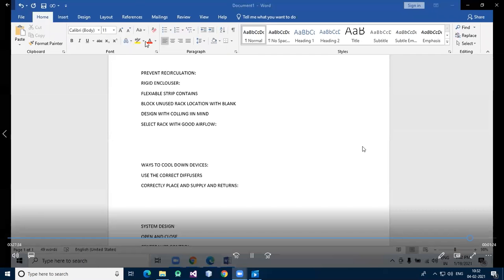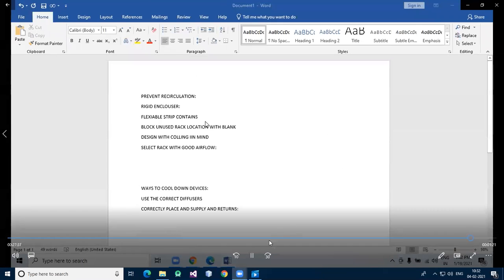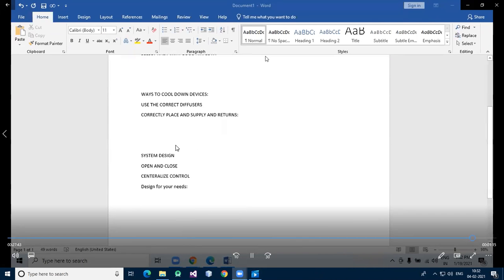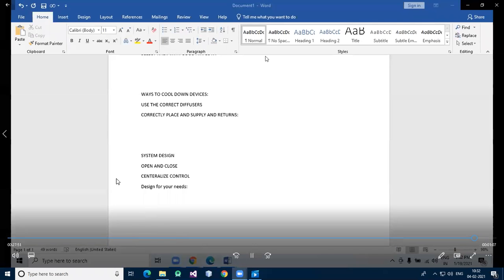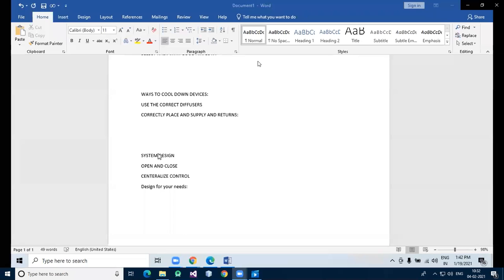So we have seen prevent recirculation, rigid enclosure, then block unused rack locations. These are all points to save our environment, to reduce the cooling and consume less electricity, because if most carbon dioxide is emitted, it will badly impact our environment.